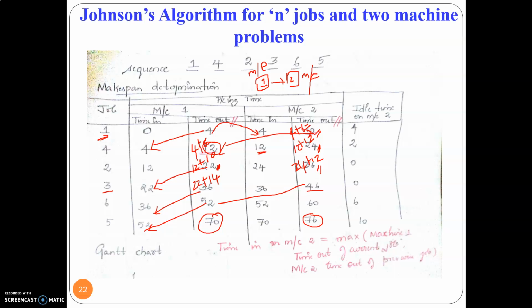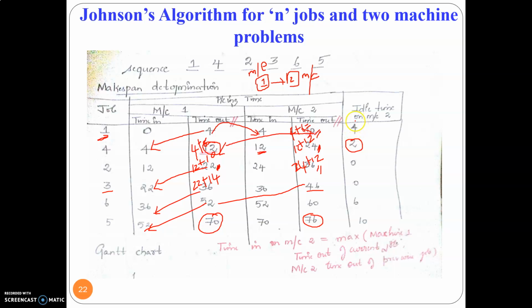Okay, let us now find out the idle time on mission 2, because mission 1 is continuously being processed. There is no idle time on mission 1 because the jobs are continuously being processed in mission 1. In the case of mission 2, there will be idle time. Okay, let us check it out. So mission 2 is available for processing at the end of the 10th minute, but the next job enters only at the end of the 12th minute. So for the first 2 minutes, it is idle. So 2 minutes it has been idle.